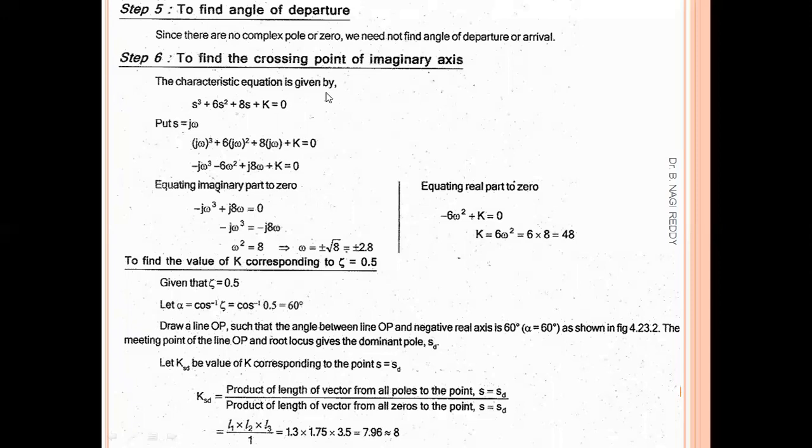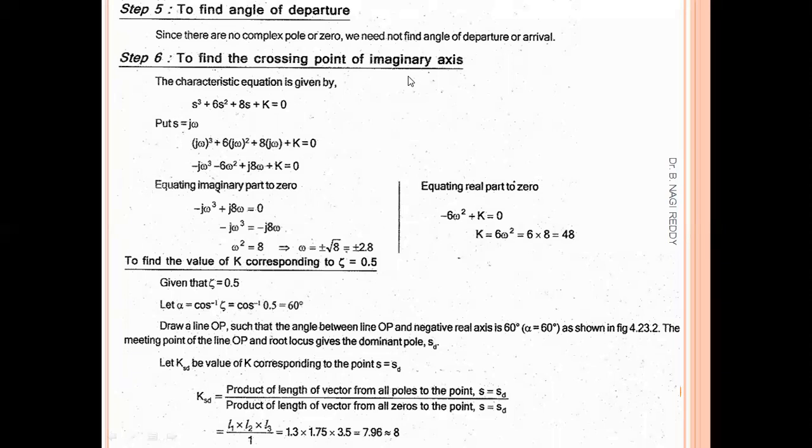So we don't have any complex poles and complex zeros. That's why we don't have any angle of departures and angle of arrivals for this given open loop system. Right. So coming to step 6,